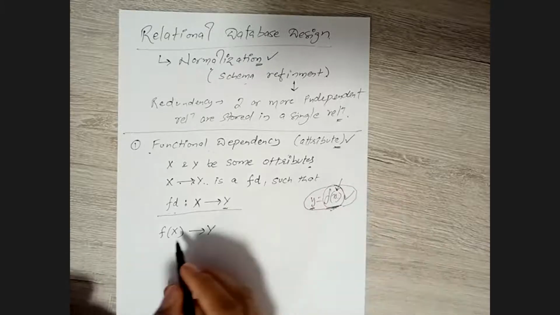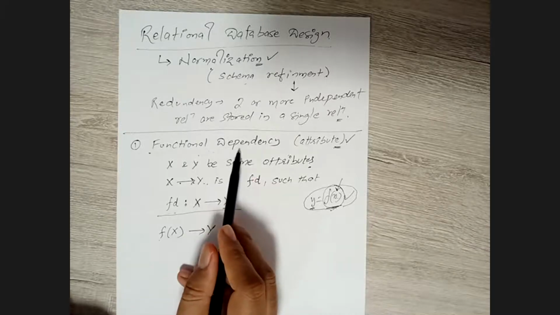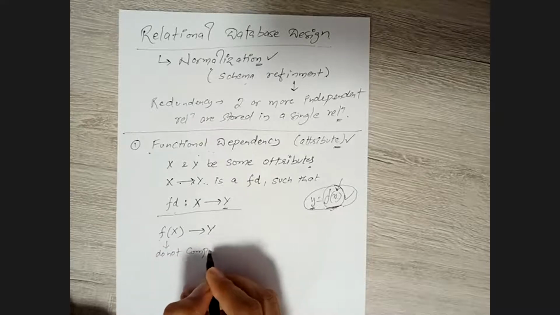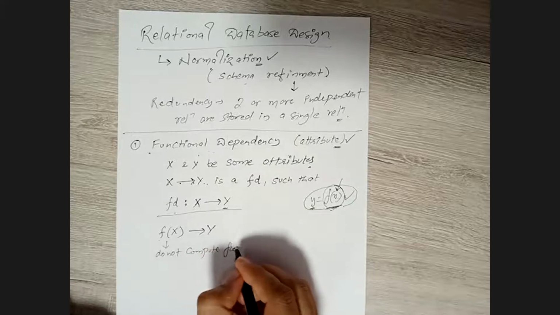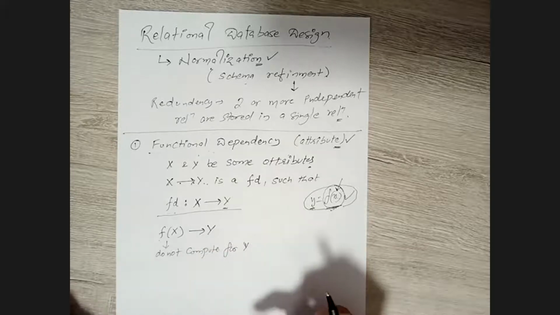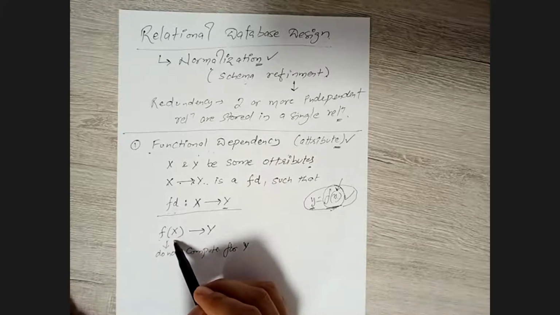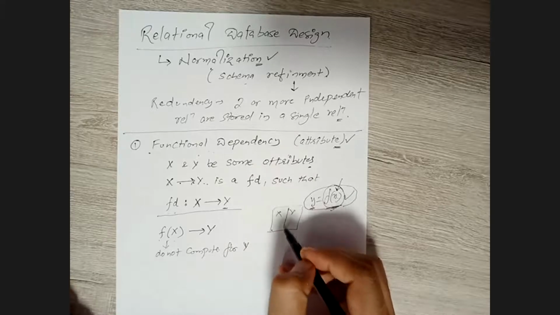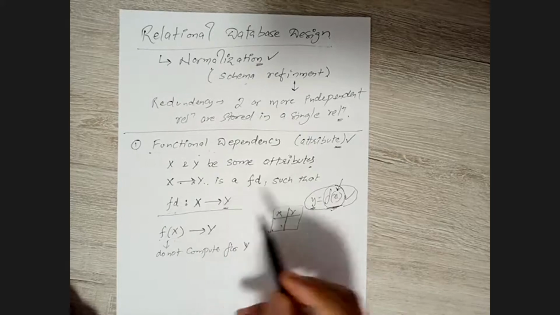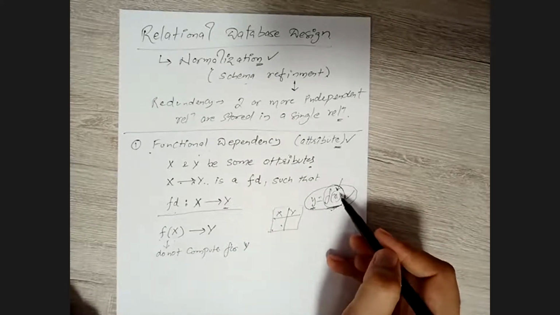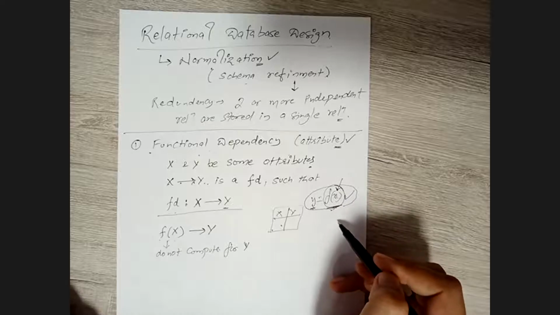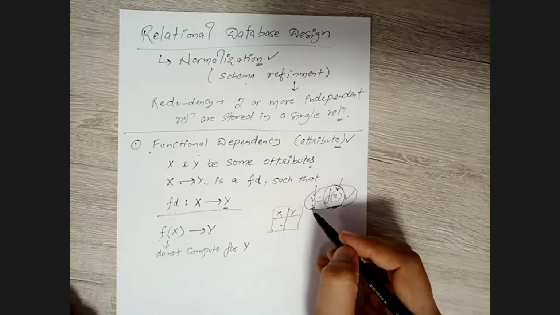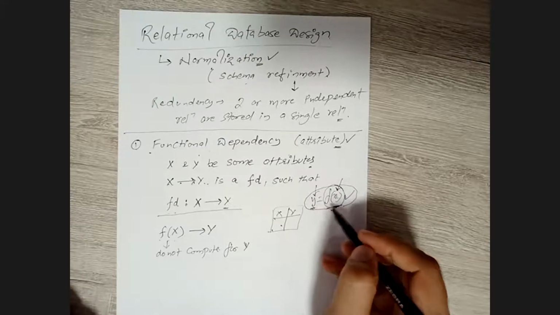But when we talk about functional dependencies in a database, f of x does not compute the value of y. Rather, what actually happens is it checks if the y value is available in the database table that we have for x and y. Computing means we have some function, we put in a value, and we determine the value. So if I put the value of x, I will definitely have some value y. Y can be any value, it depends on the function.